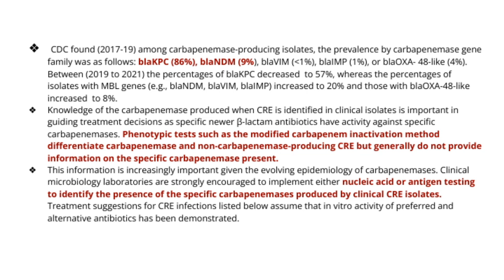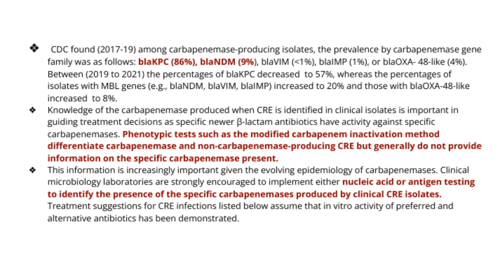Now, when we look at the period from 2019 to 2021, there's a notable shift. The percentage of isolates with BLA-KPC decreased significantly to 57%, indicating a reduction in this gene's prevalence. Meanwhile, the proportion of isolates carrying metallo-beta-lactamase genes, like BLA-NDM, BLA-VIM, and BLA-IMP, rose to about 20%. Additionally, BLA-OXA48-like increased to 8%. Understanding which carbapenemase gene is produced by a clinical isolate is crucial because it guides our